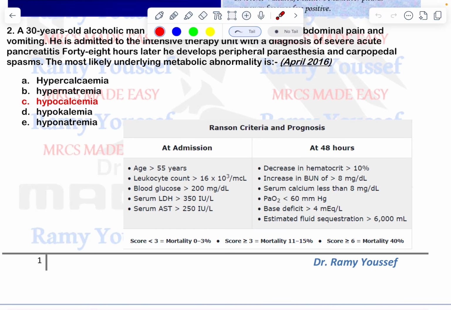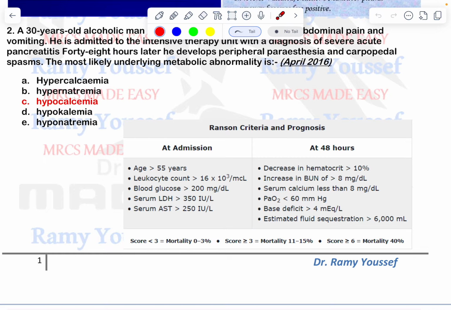After admission, after 48 hours, if the patient's hematocrit increases, if blood urea nitrogen is more than 8, serum calcium, hypocalcemia less than 8, partial pressure of oxygen less than 60 millimeter of Hg, base deficit means there is acidosis, and sequestration of fluid more than 6 liters. So after 48 hours, if it is this, the patient is having the score mortality more than,